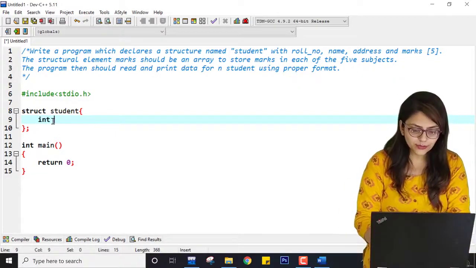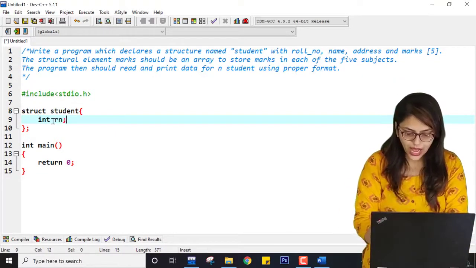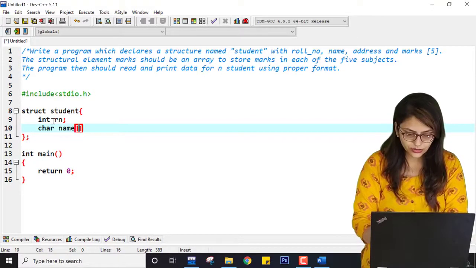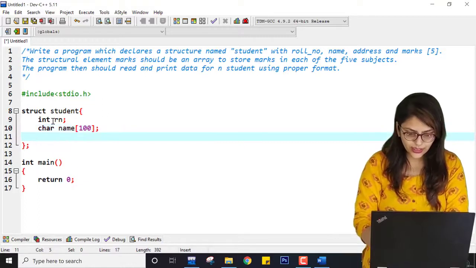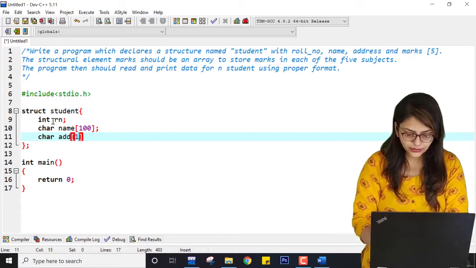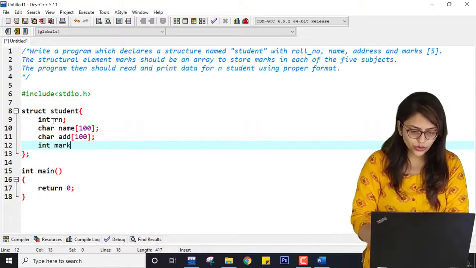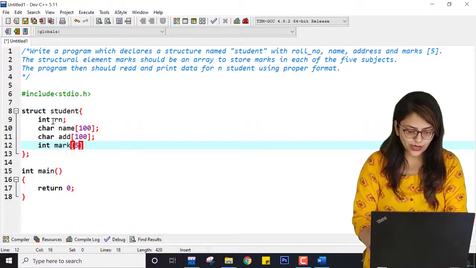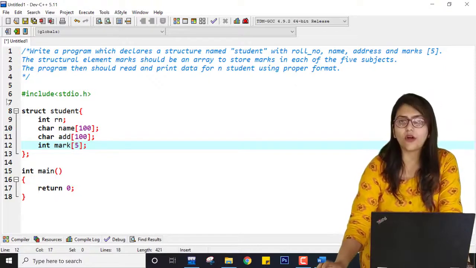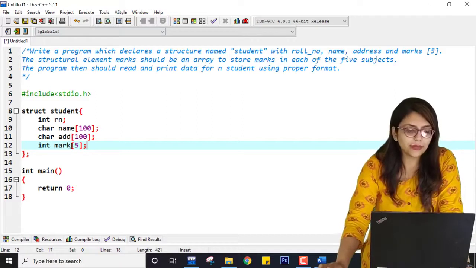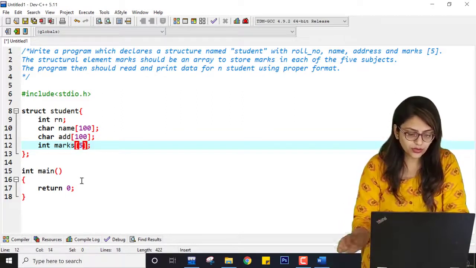Here I am taking int rn, that is roll number, then name as char name of size 100, then char add of size 100, and then marks. Here I am taking int marks, though you can take marks as float as well, and for 5 subjects I am taking an array of 5. So marks is an array of 5 elements.